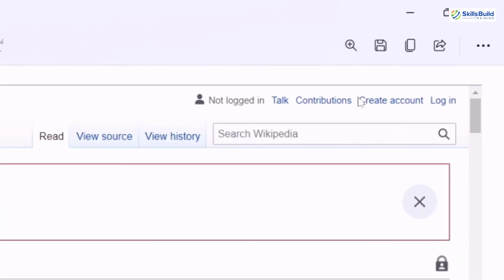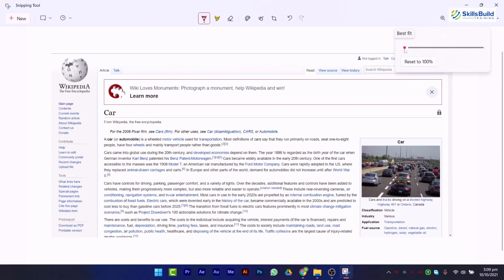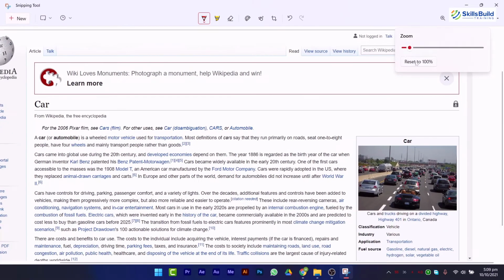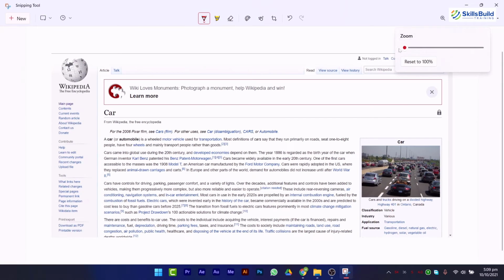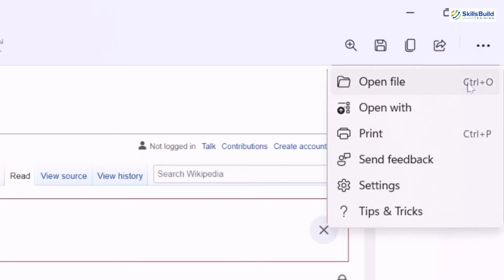From here, we can zoom, save, copy and share.